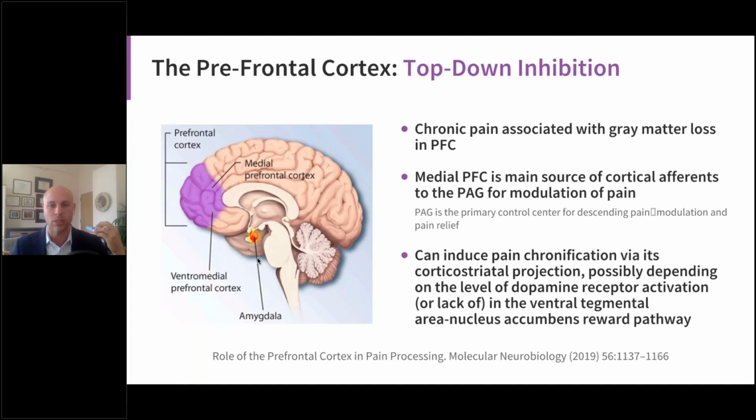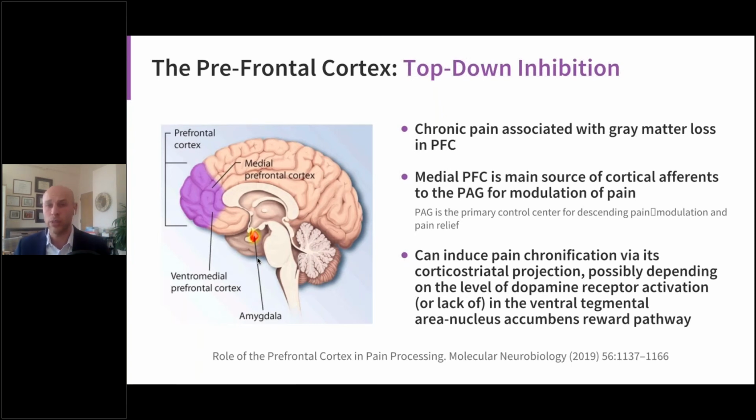not where is the pain and what's the severity of the pain, that's mostly experienced in the somatosensory cortices, S1 and S2, but our suffering around pain really lies a little bit deeper and has a big impact from our limbic system, which everyone should be familiar with, and the fear response and that emotional response that we experience. But what we're finding is that the prefrontal cortex and the anterior cingulate cortex have a really important role to play in helping our brain, again, from a top-down perspective, inhibit some of those signals that are coming from the